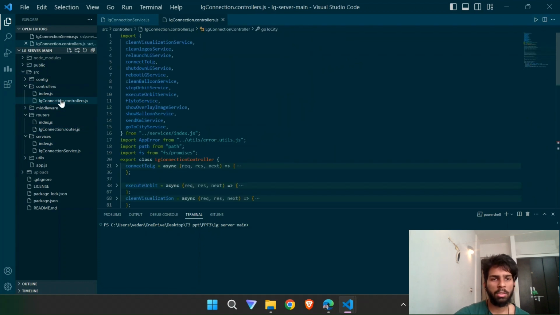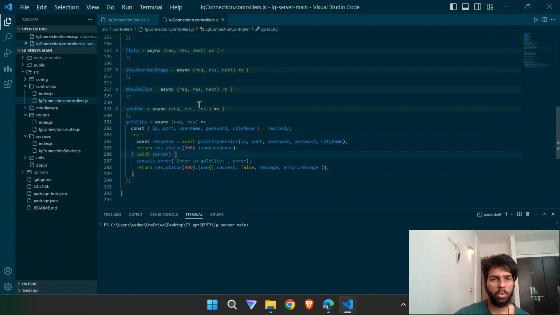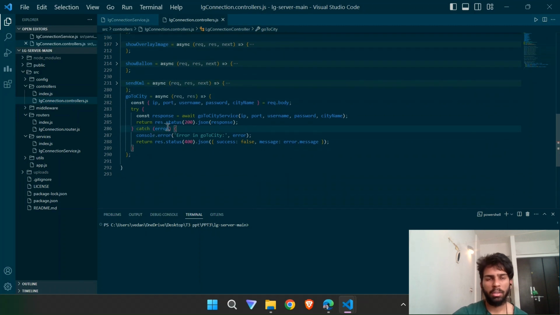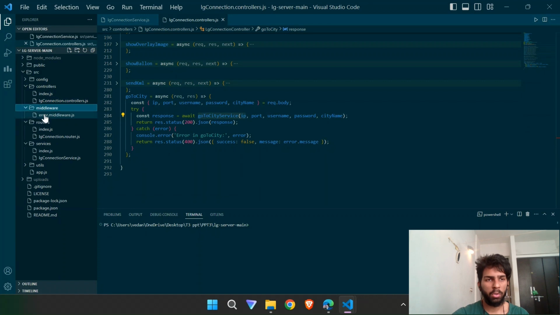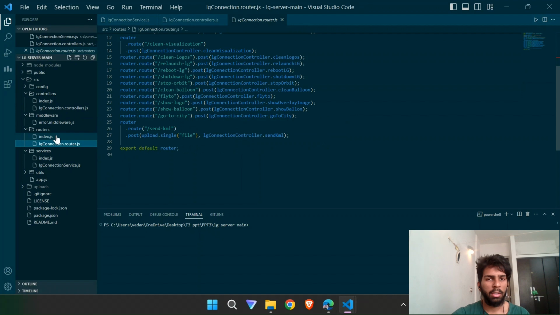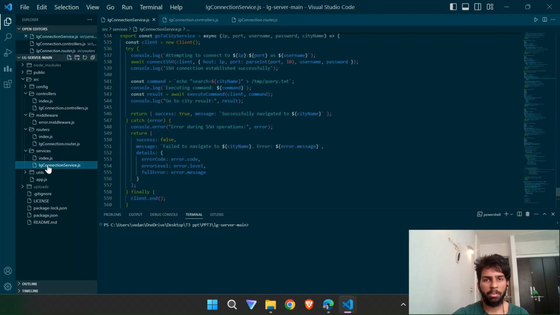So here you need to do some changes, like we'll need to go one by one in this. So in controllers, let's go here. I have added a controller go to city. So it gets everything from the body. Then go to city service, will define it later, it calls it, and then sends back the needed thing to the user. This is the error middleware. This is the router I've shown you before. Go to city calls in a go to city function. Then in the services page,